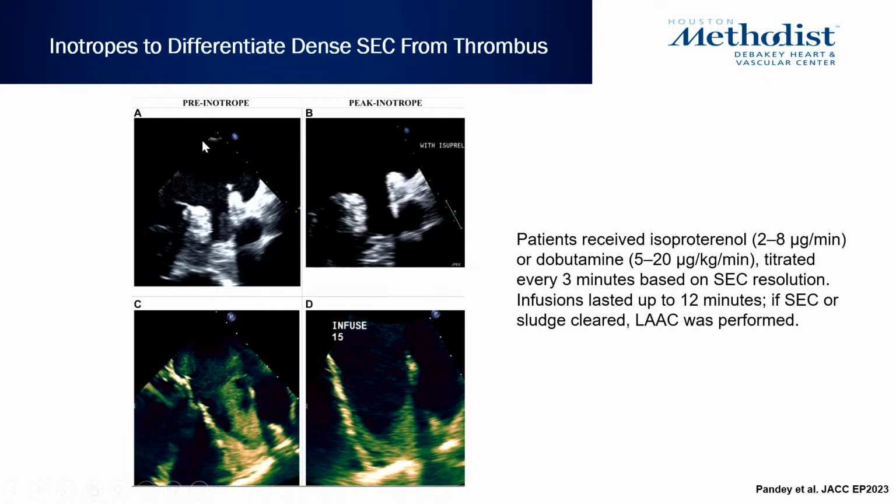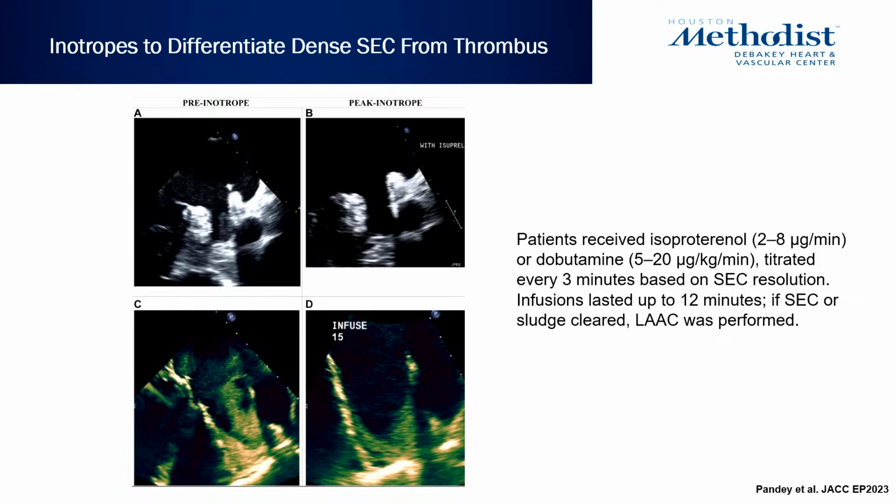First example here, inotropic infusion, you see this echo density, which completely clears with isoproterenol. So this was just spontaneous echo contrast that cleared. By contrast, you see this pronounced echo density right here, and with infusion, you continue to see this kind of meniscus level echo density. This was diagnosed as a clot, and the patients did not undergo left atrial appendage occlusion. So inotropic agents can be used to make that differentiation, maybe not in your outpatient labs, maybe sometimes in the